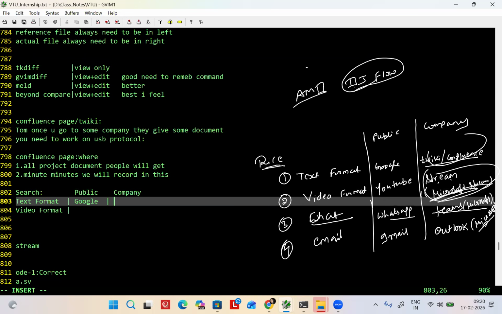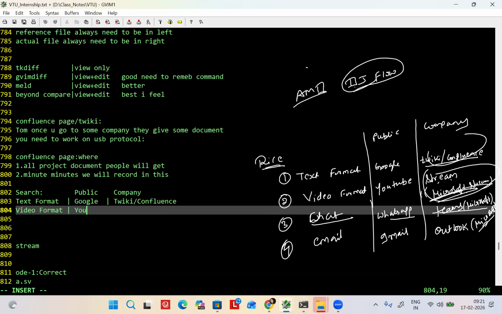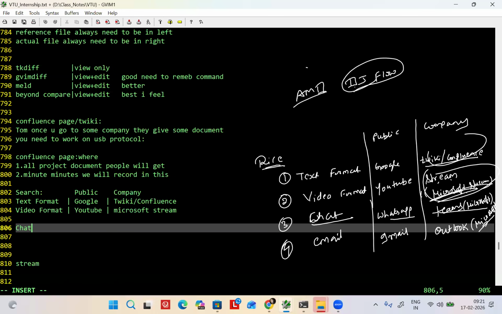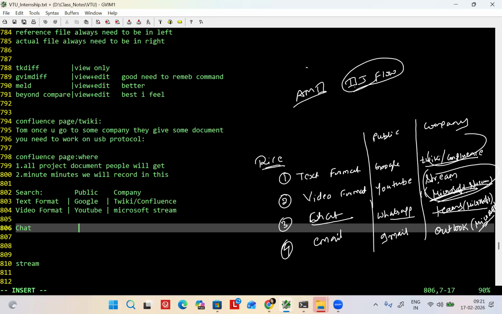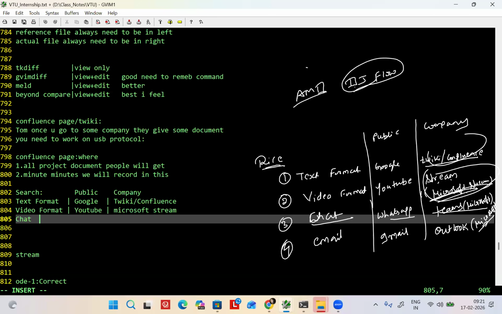Company: Wikia, conference. Here you use YouTube, or Microsoft Stream. Chat, if you want to use, what do we have? WhatsApp. In our public domain you have Teams, Microsoft Teams. Very good.